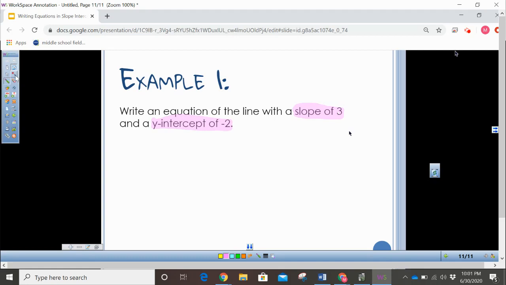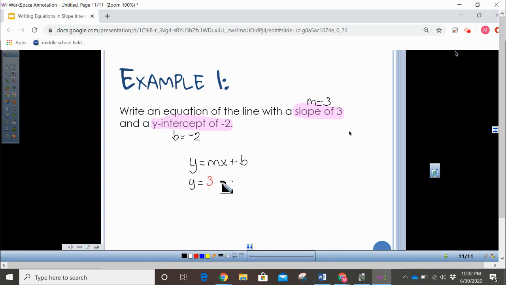Now I know my equation has to be written in the form of y equals mx plus b, where my m represents my slope, which means my slope is 3, and my b is my y-intercept. So my y-intercept is going to be -2. So once I've identified my slope and my y-intercept, I simply need to substitute in to my slope-intercept form. So then my equation would be y equals